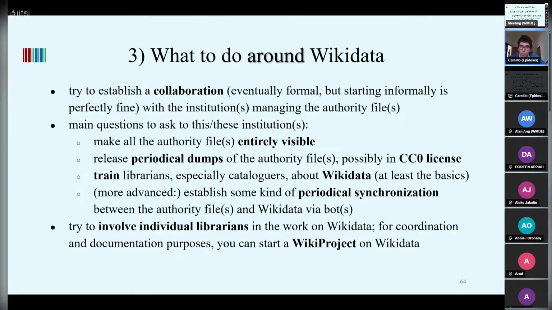Periodical dumps are very, very important, for example, to do massive imports, and to do massive imports, having CC0 is a legal requirement. So releasing authority files in CC0 would enable us to import at least the good quality authority records, so it's important. You should train librarians about Wikidata. If you need help, you can ask Wikimedia Deutschland, which will surely be able to provide. And you should also try to establish, this is of course more difficult,